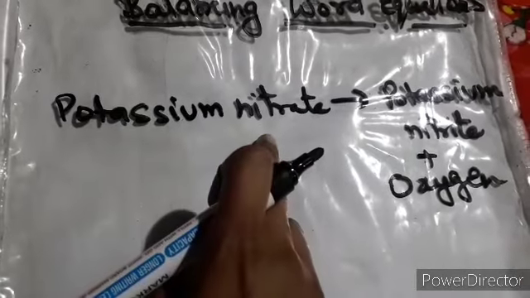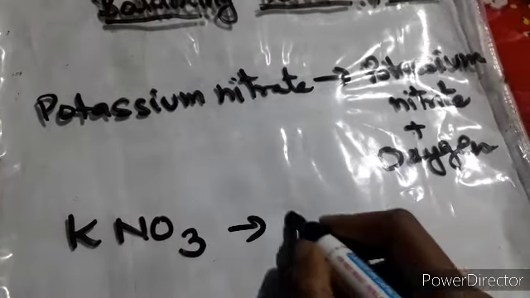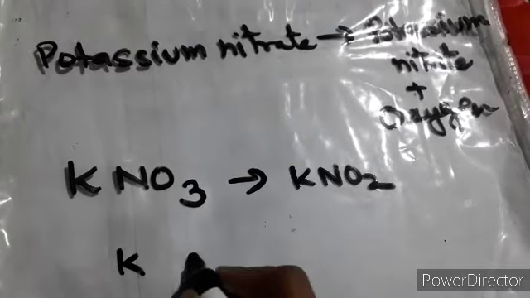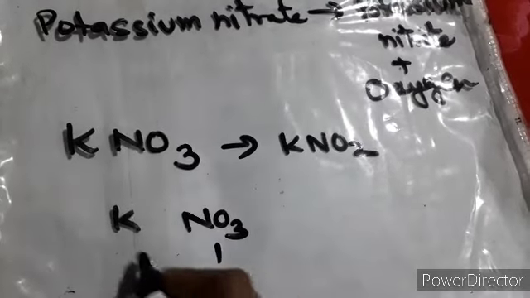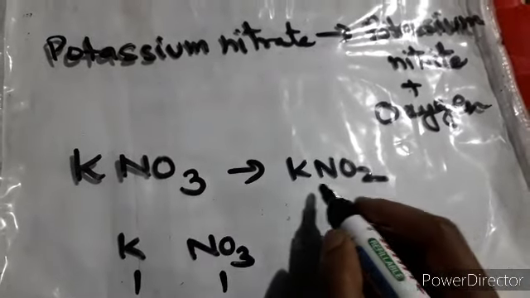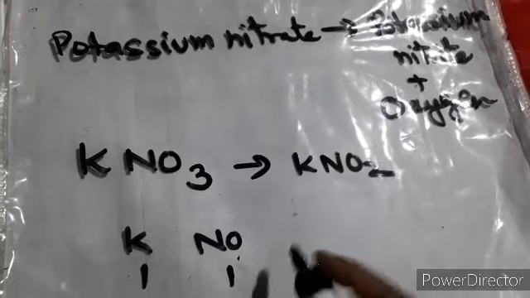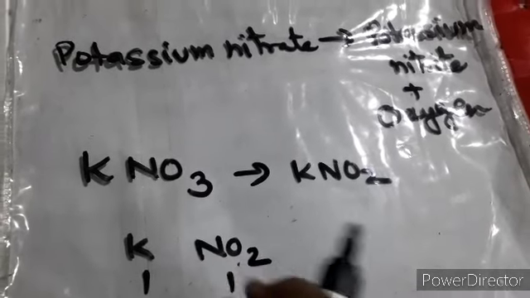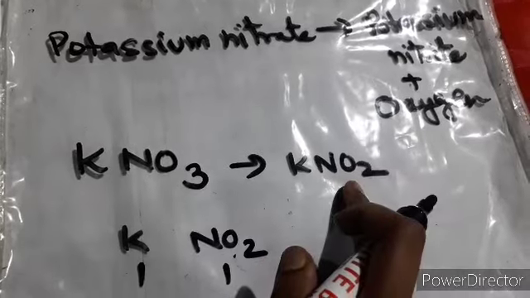Now this is one more equation that gives potassium nitrate. I think now you can make the formulas. I am just directly writing KNO3. It gives you potassium nitrite, KNO2. One thing I can tell you: K is here, and nitrate is NO3. Its valency is 1, it is also 1. So you get KNO2. Over here NO3, same, its valency is 1. Only the symbol is changed, that is 2. When you multiply with 1, you get the same thing, KNO2.